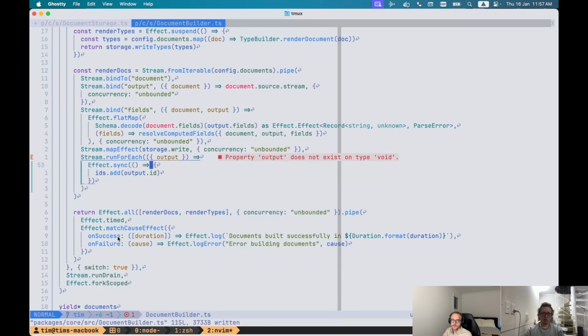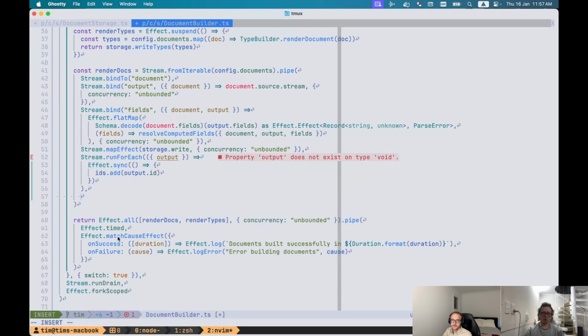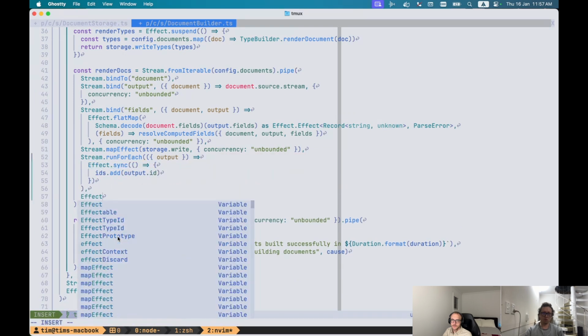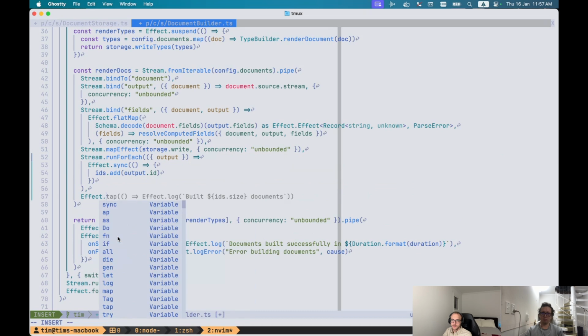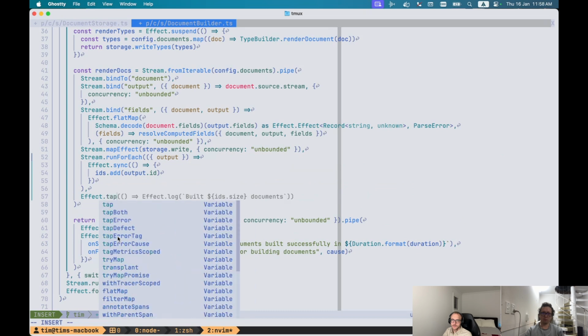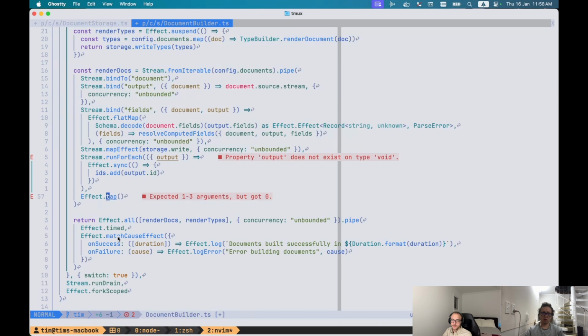We collect all the IDs, and then when that stream finishes, we go effect.tap, storage.writeIDs, and then